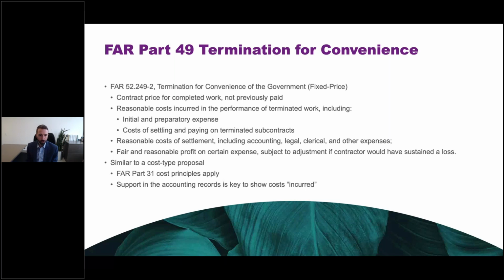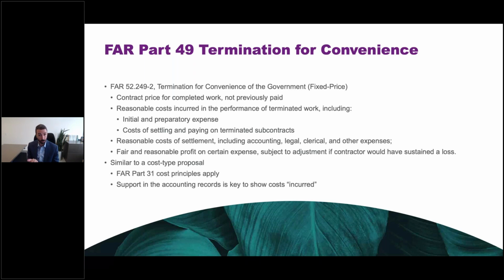Yeah, so let's take a look at this clause for a second, everybody. So this is your standard termination clause in a fixed price non-commercial contract, all right? And what it says is you need to stop work and begin winding up operations, okay? And what you get as the contractor under that clause are a few things, right? It's not that the government gets to say the contract's done and walk away and this is all over now, you have no rights. It's not that. The contractor has rights. The rights are laid out in the clause, and I've summarized them here, okay?